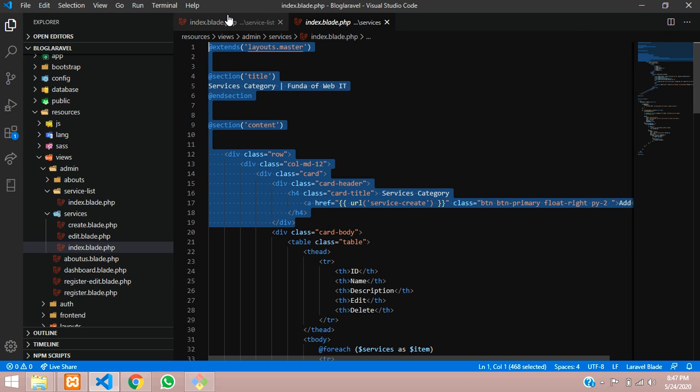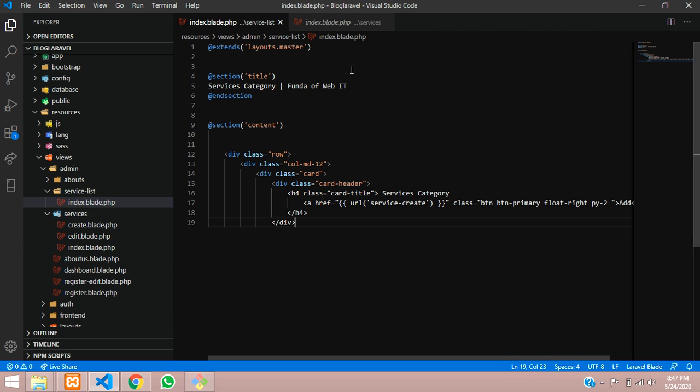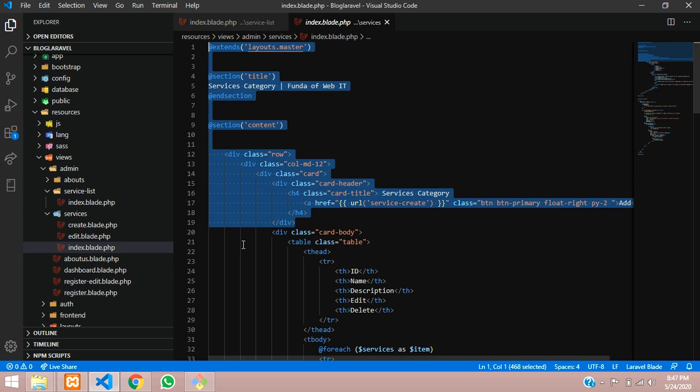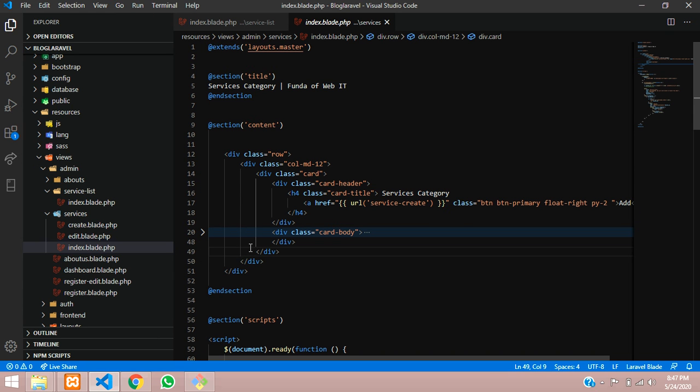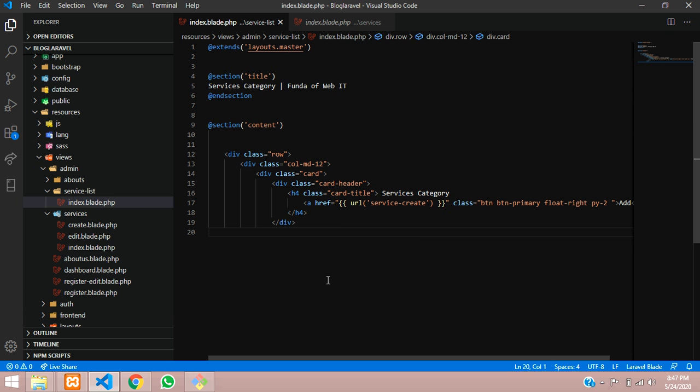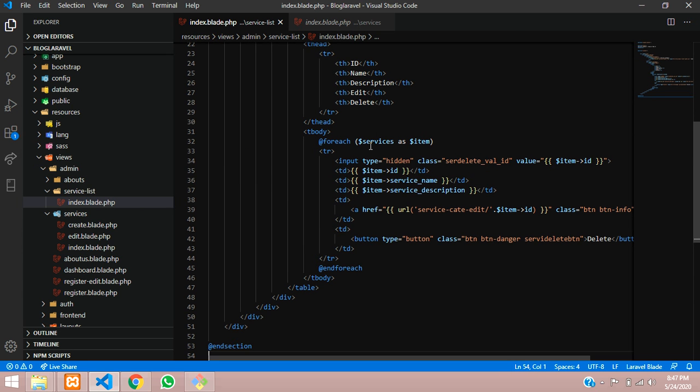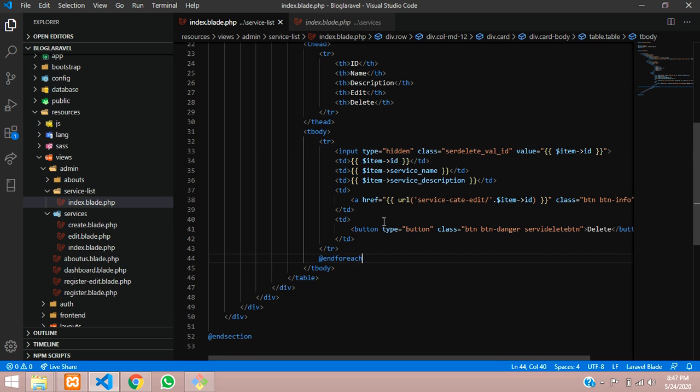I'll just copy and paste it, then the last one, the section, and paste it. So let's remove this for now. We don't need this foreach loop. Right now I'll disable everything and keep it.